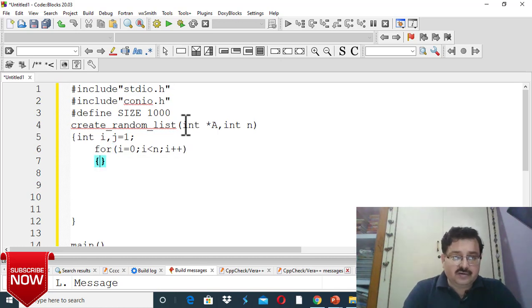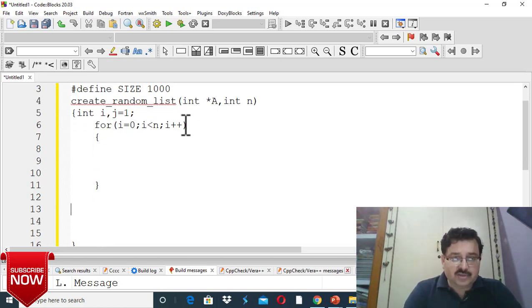This loop will be executed n times. This n is the size of the array which is taken by the user. Suppose I give size n equal to 10, then it will be executed 10 times. If I give n equal to 100, it will be executed 100 times, and the maximum size is 1000, because we have already decided.